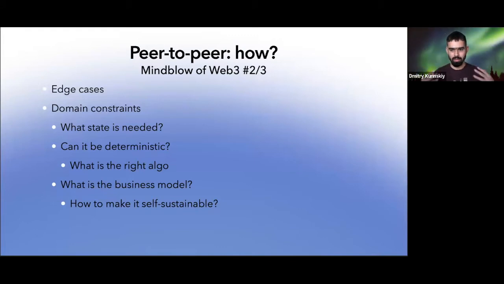Will it contain some computations? And if I choose to be deterministic, then there is a question of oracles and how to provide data into the network, and that's a very hard problem. If I don't want to be deterministic, then the question is how to synchronize my peers. Do I want to have eventual consistency or no consistency, or how to approach it? And what's the right algorithm? At this point, I can think about the network algorithm.